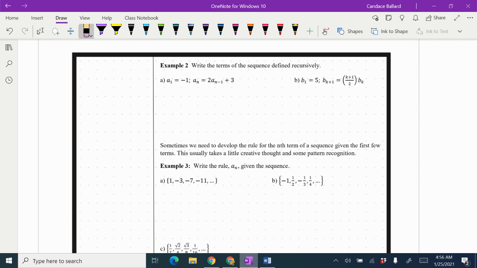In this video, we're going to continue topic 10.1 and we're going to look at example 2. So in example 2, we're supposed to define our terms recursively. That means I basically have to use the previous term to define it. So what that means is if I have a sub 1 right here, which would be my first term in